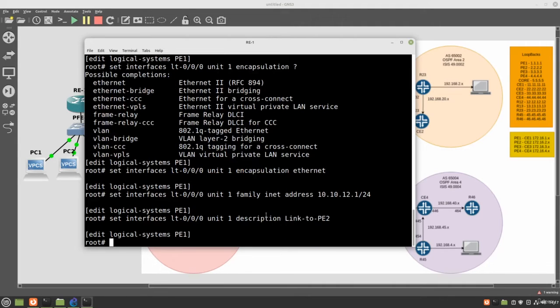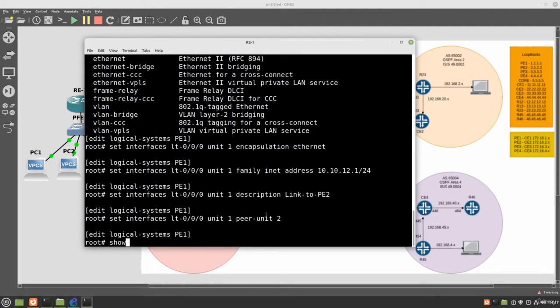Now, what you need to do to bind these tunnels together, you need to put its peer unit, so what unit it's going to peer with. So we're going to do the same thing here. So set interfaces LT 0/0/0 unit 1, peer unit is going to be unit 2. Now if we do a show,